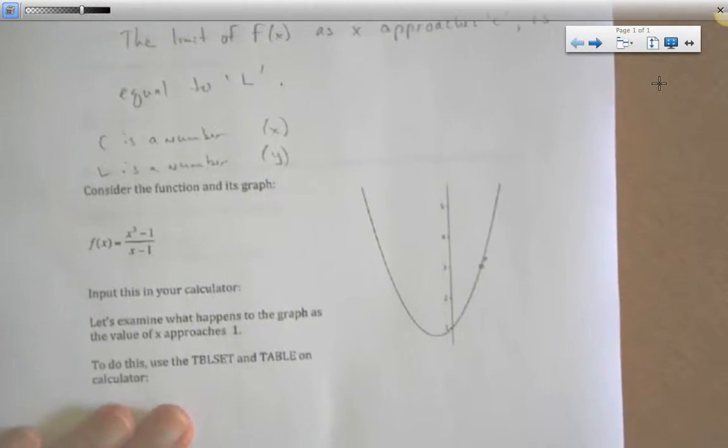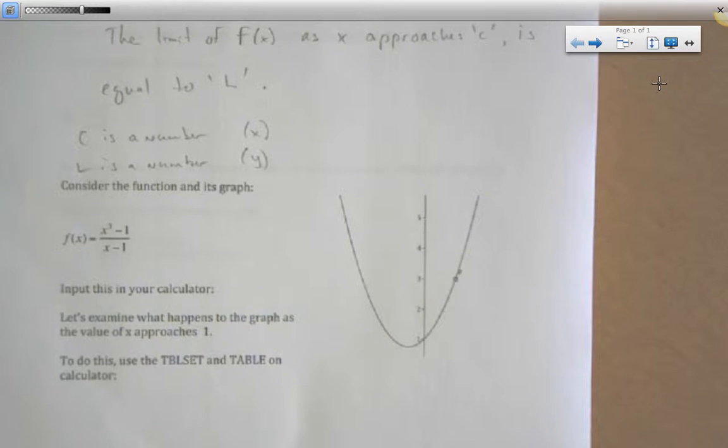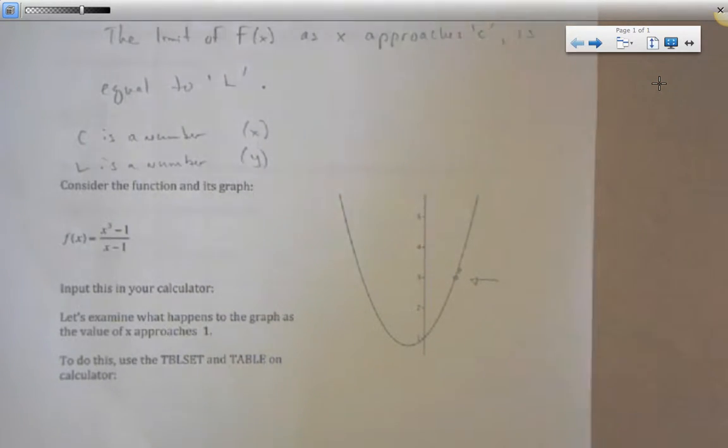All right, so let's look at this particular function. f of x equals x cubed minus 1 over x minus 1. Notice that something specific happens right here. We'll talk about it tomorrow in class. Be ready to talk about that particular situation, why that occurs. All right, but we're going to put this into our calculator, so get out your graphing calculator